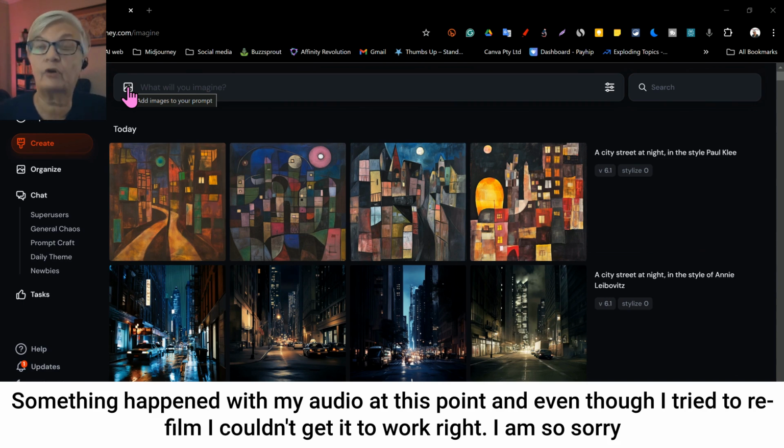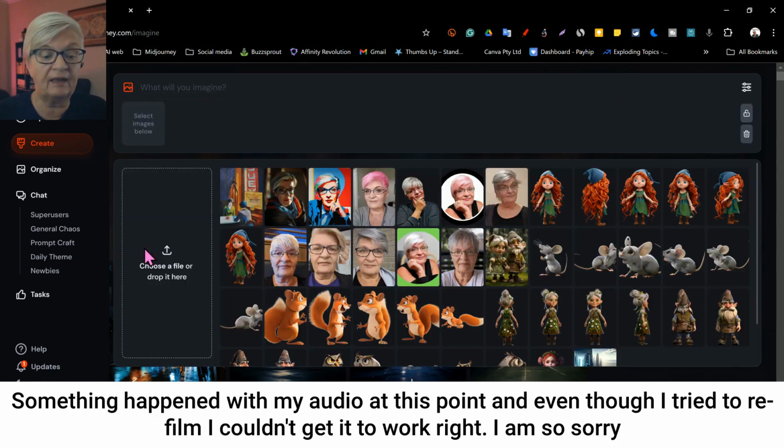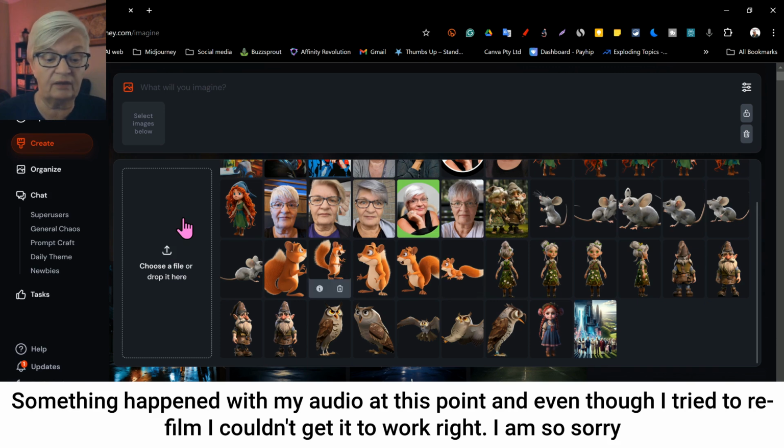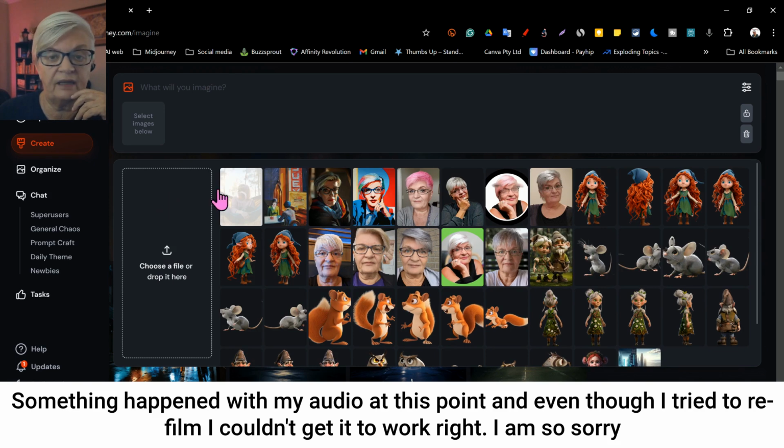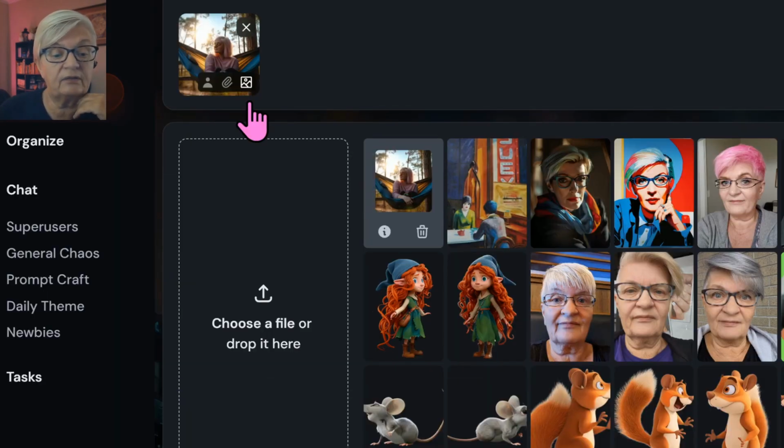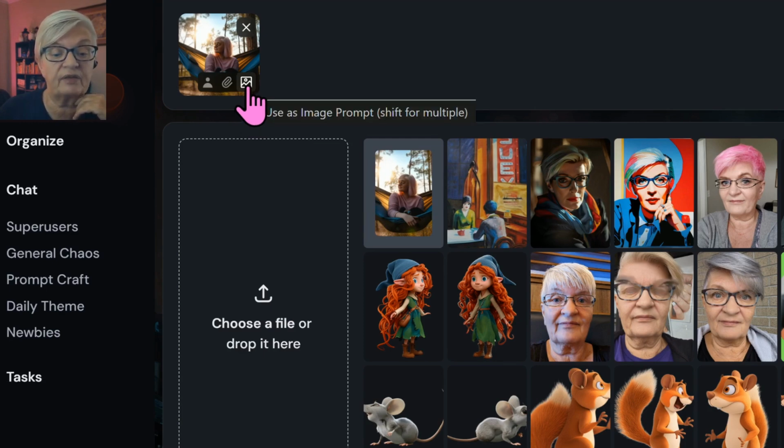We can also upload our own style reference images. So let me show you. I am in Create. I click the little image here. And here I have images I have uploaded earlier. But let's choose this one that I have created earlier in Midjourney for a totally different project. So I click on that, and now you see it is the little image reference here.